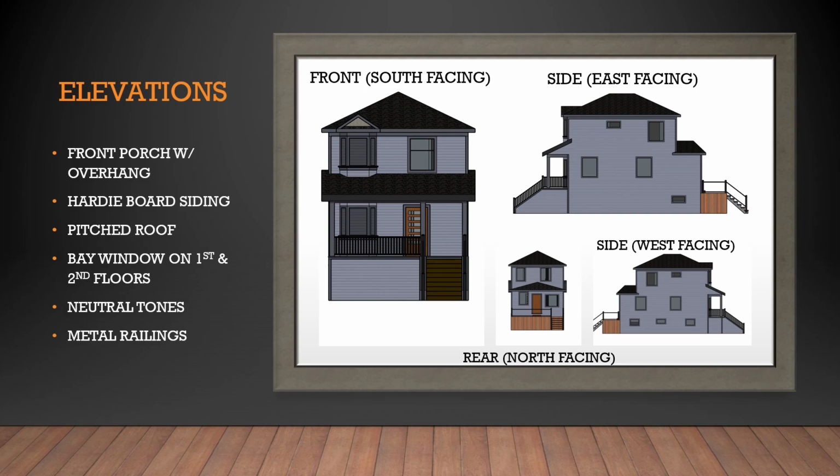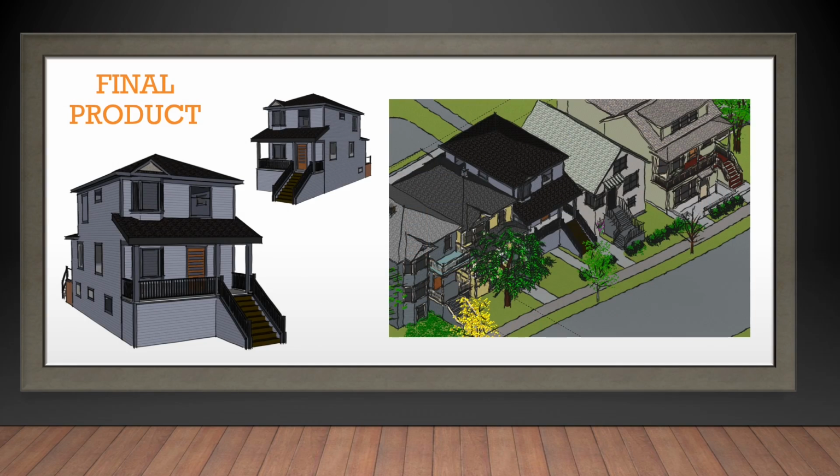In the end, this is the final product of my designed home for lot 611 on Atlantic Street. I believe that the home succeeds in finding balance between traditional and modern. It encompasses many of the features that make the heritage homes throughout Vancouver so appealing while working out many of the kinks. In a neighborhood as unique and historic as Strathcona, this home pays tribute to the past while still accommodating to the